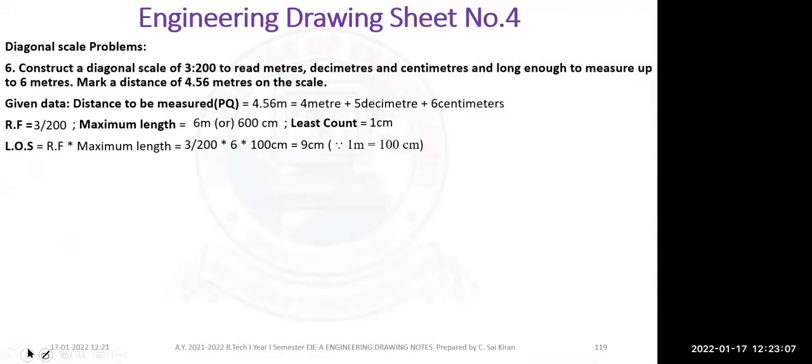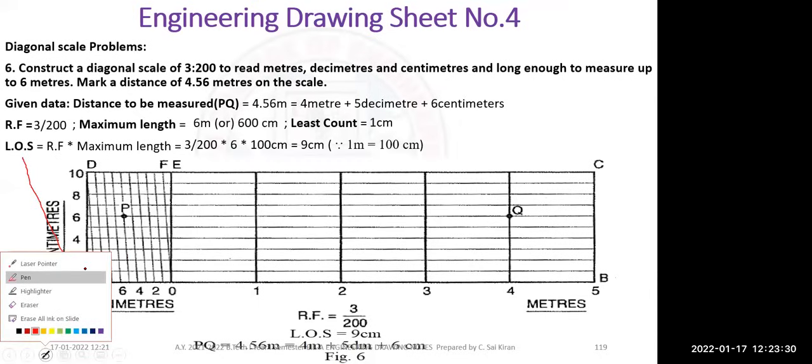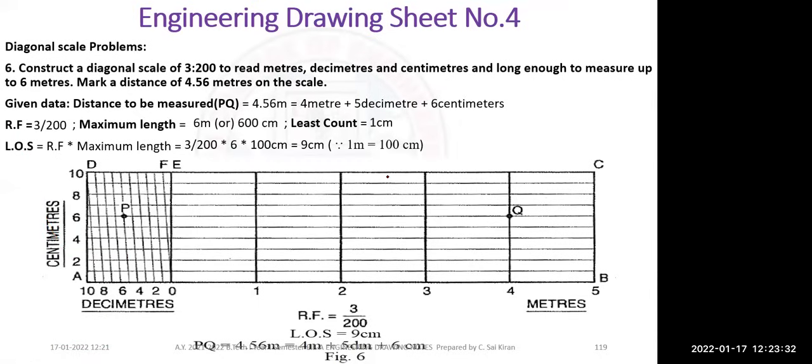To measure one more division, we use this one. Okay. So this is the problem. Draw the ABCD line, then divide it into 6 equal parts. Then again divide this into 10 equal parts. Again you have to divide here into 10 equal parts. After dividing into 10 more equal parts, then you have to